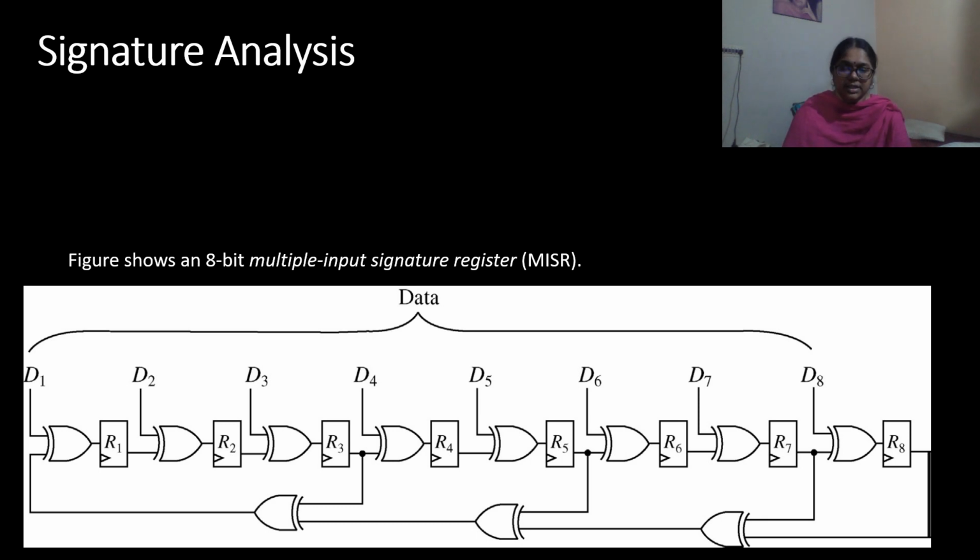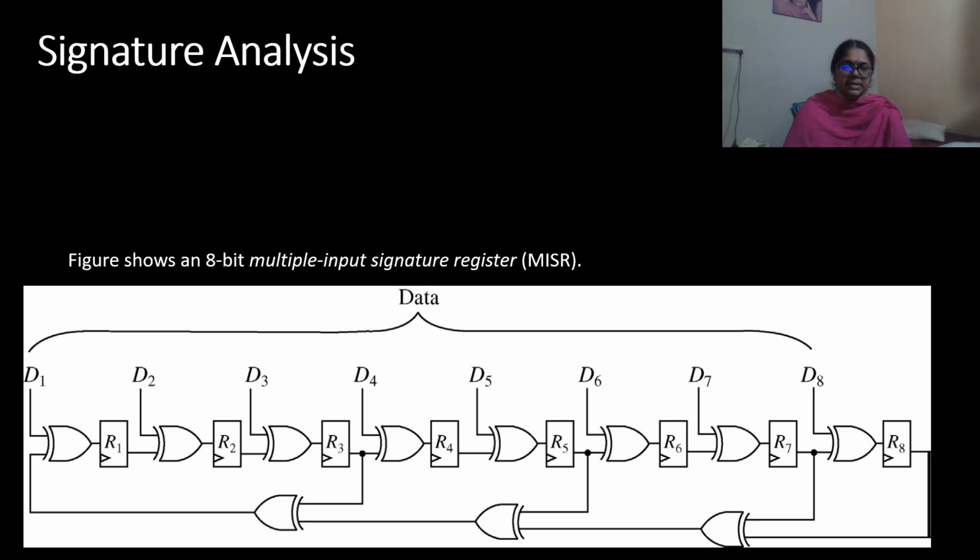The figure here shows an 8-bit multiple input signature register. A K-bit MISR can compact an M-bit output sequence, M much greater than K, in M by K cycles. MISR can be considered a parallel signature analyzer.